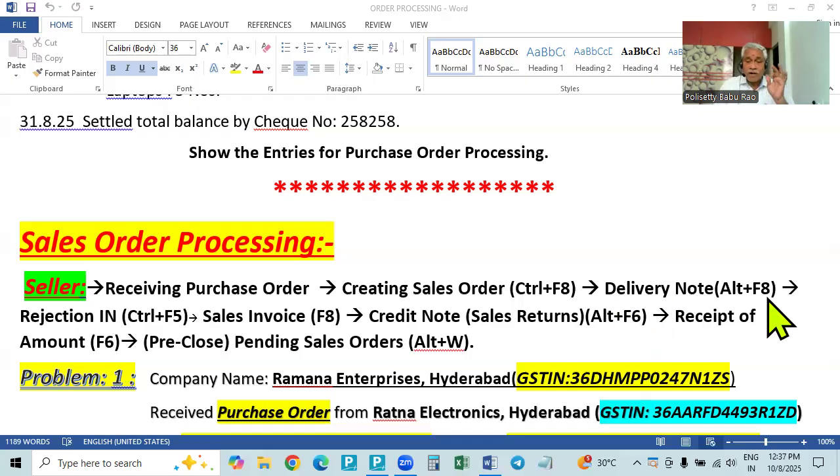The net quantities will be the ones we actually sold, so we will do the sales invoice for the exact correct quantity. For the delivery note, we record the quantity sent to them, and the rejections in are received, leaving the net quantity. For the net quantity, we issue the sales invoice. After issuing the sales invoice, the customer will check everything, and